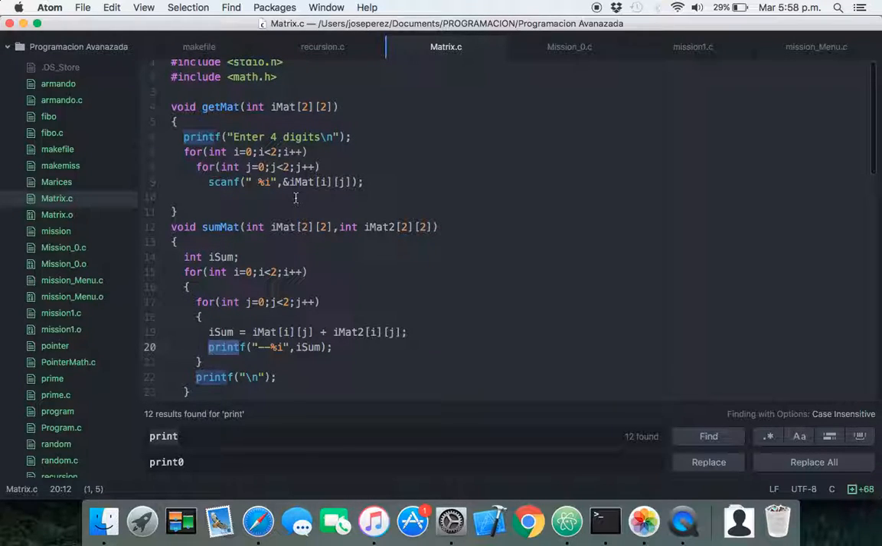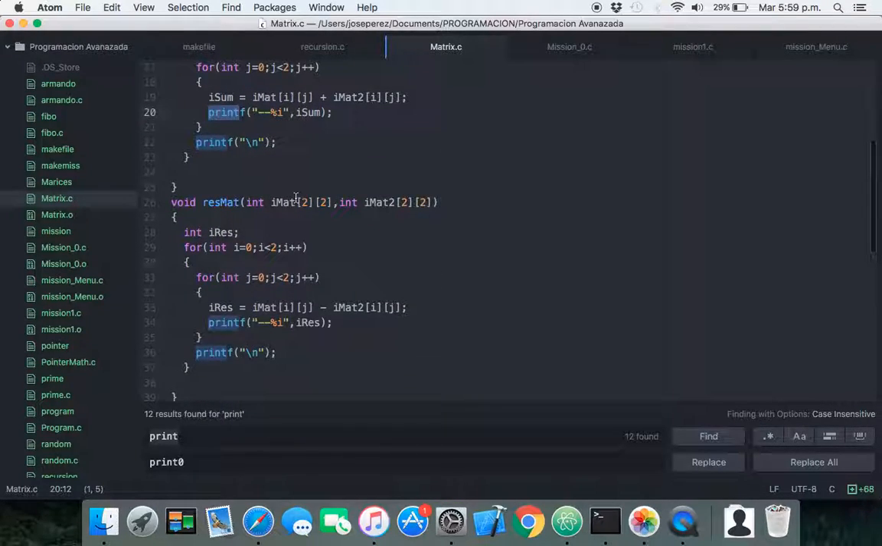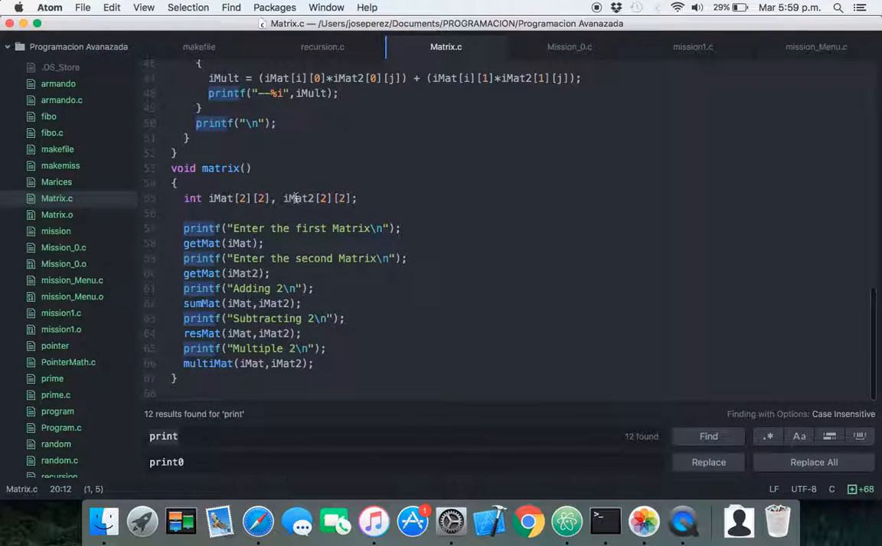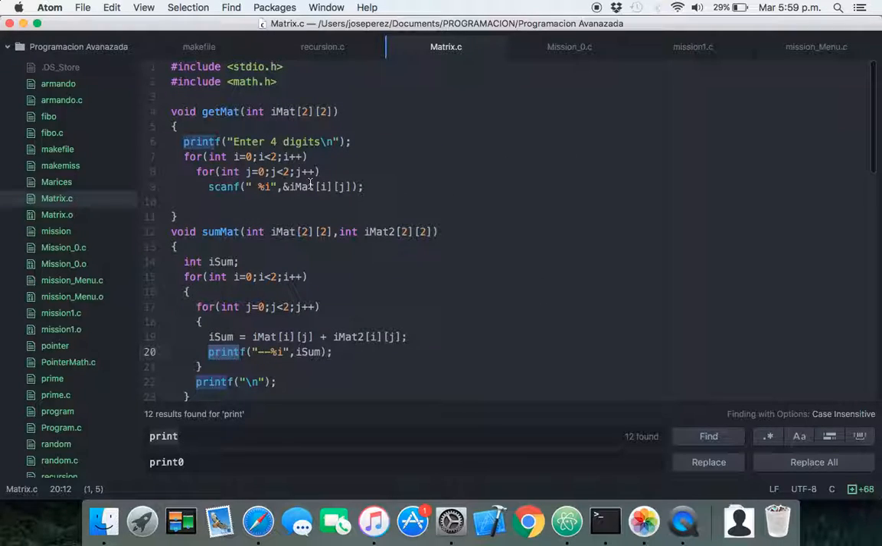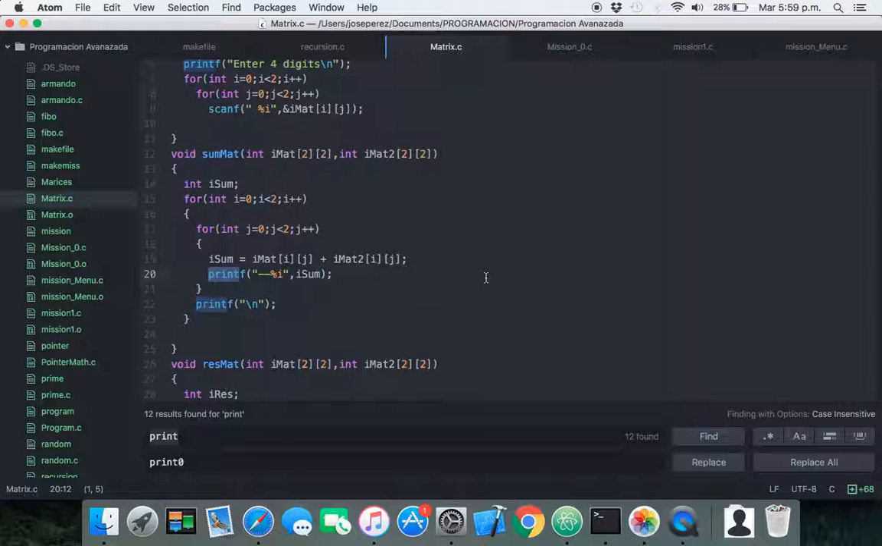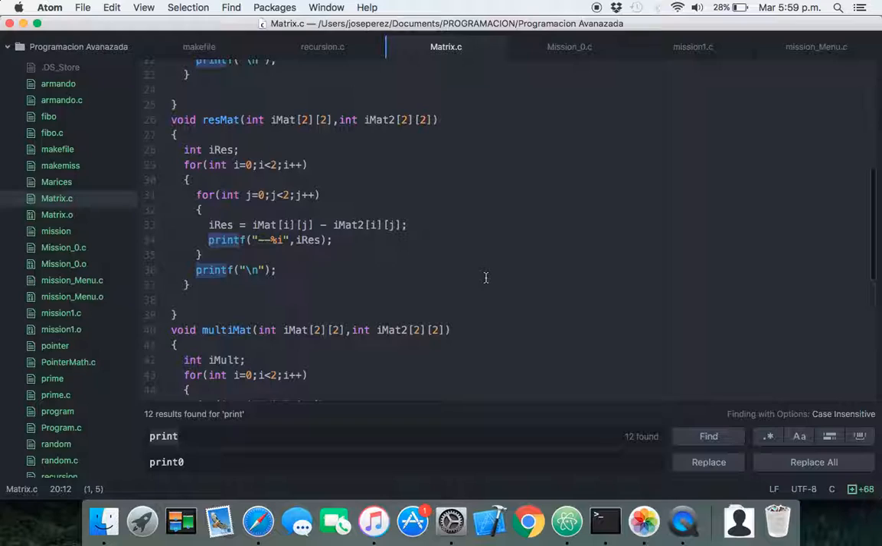code, this source code. Then you can see that I have 4 different functions, and then I have a void matrix that in this case is the main. First, I have the get matrix that is to simplify the scan of the different variables. Second, I have the sum mat to add the values of the positions and create a new matrix, and then the same but with a minus,